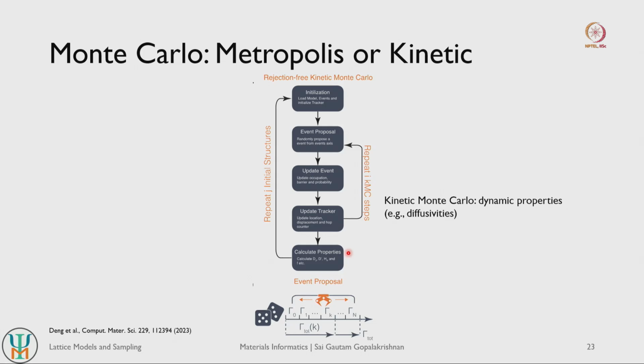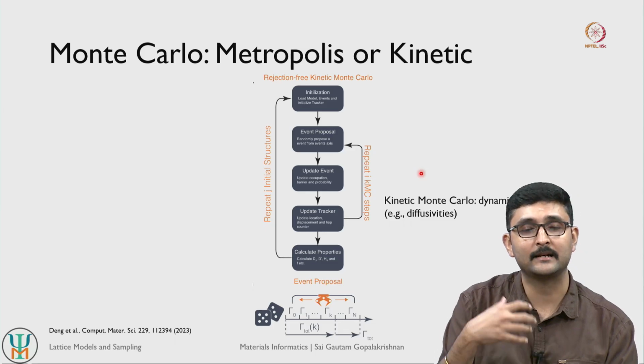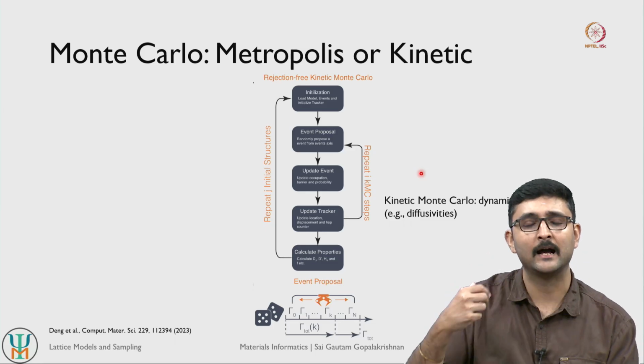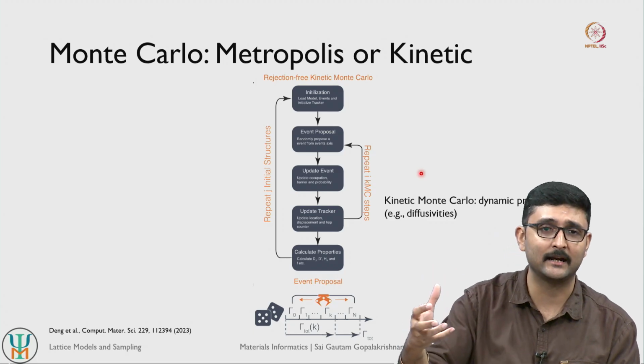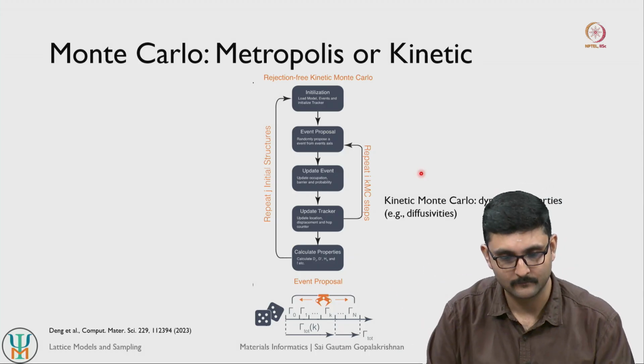So if you do this, you basically get a set of displacements of your particles and the associated times along which these displacements actually occur, and if you take the ratio between the two, so displacements divided by time, that basically gives you your diffusivities, right. So this in short is how kinetic Monte Carlo works, right. So it adopts the same Monte Carlo sampling technique, right. It does introduce displacements, but it accepts them at a given frequency, and it also tracks the associated time for each of those particle displacements that you have in a given system.